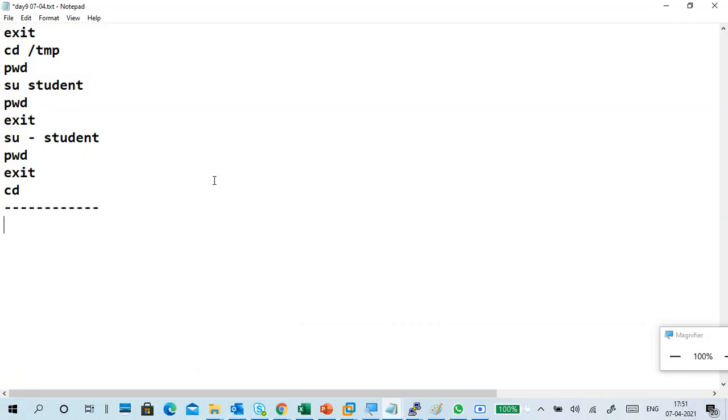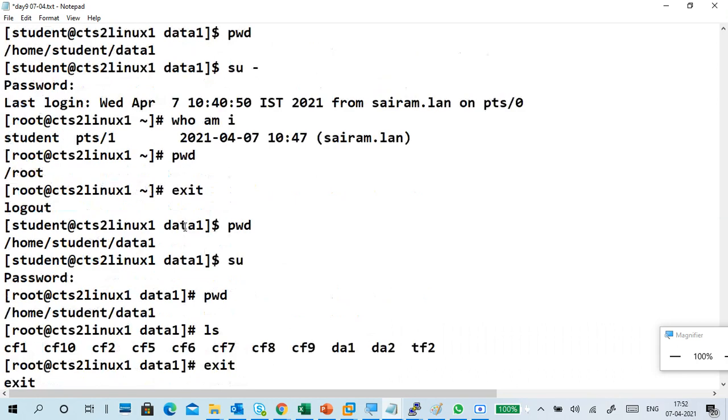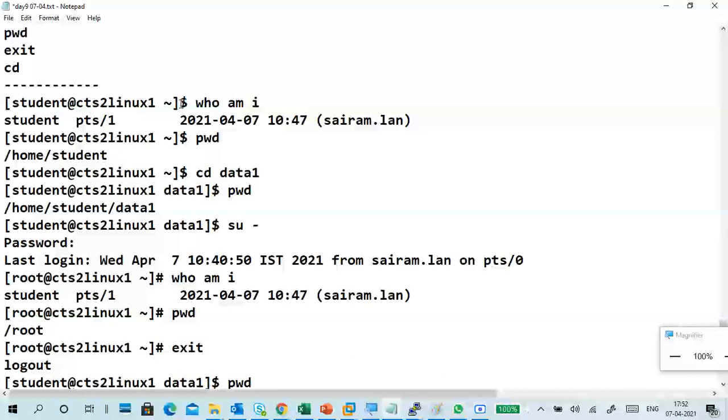Okay, I did it two times, so I will remove one from last time. Here I'm in student, so to reduce the text size, I'm changing this part.